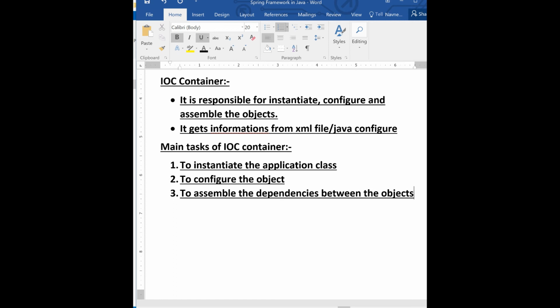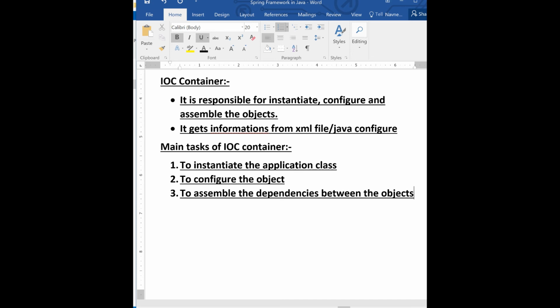How does it get the information? In previous Spring versions, we used to get the information from XML configuration, and now we also have Java configuration, since from version 4.2 Java configuration is available too, and Spring 5 is there. So the IOC container gets configuration information from XML and Java configuration.